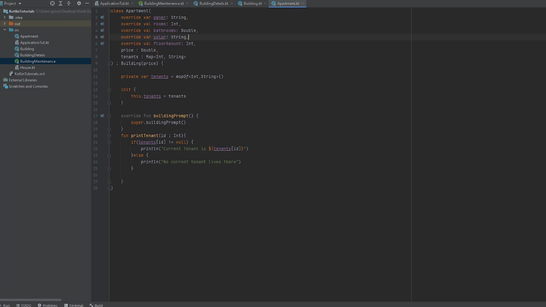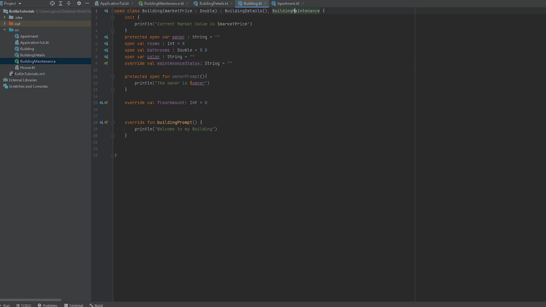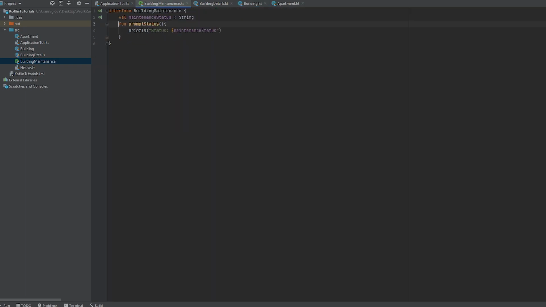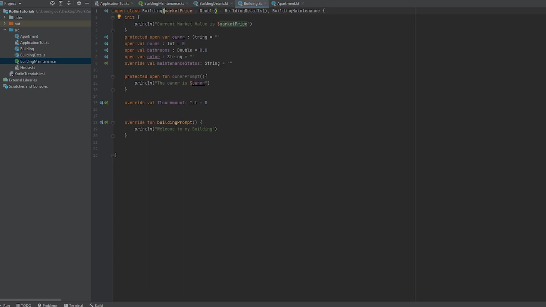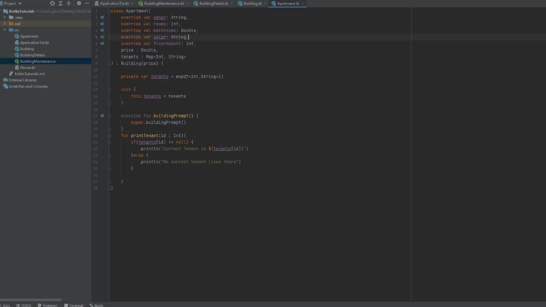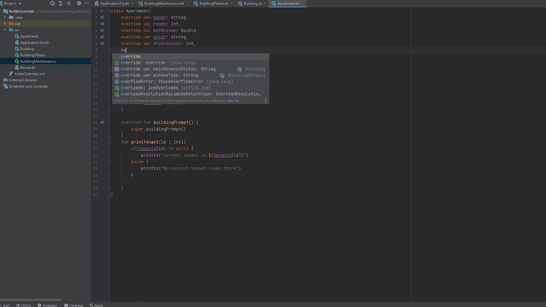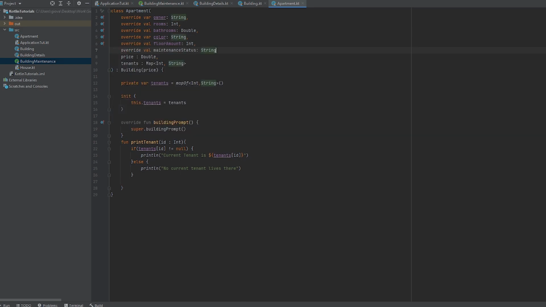So if we want to go into apartment, because it's inheriting from building, this is the effect. We got this interface, which is put into building because we want to know the maintenance of this building, the current status. So we inherit from this interface. And now you see that everything is lit up because we inherited BuildingMaintenance within building. So now all those properties are available within here, but because apartment is inheriting from building, apartment has access to those properties as well. So if we want to pass that in, we can override maintenanceStatus, put that,